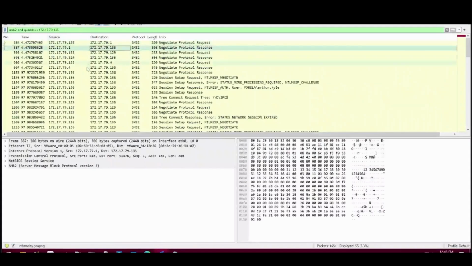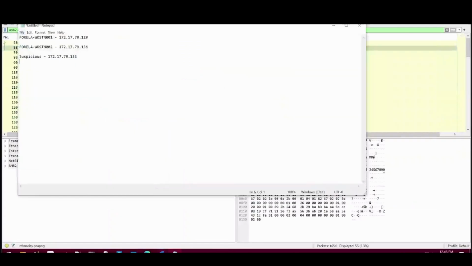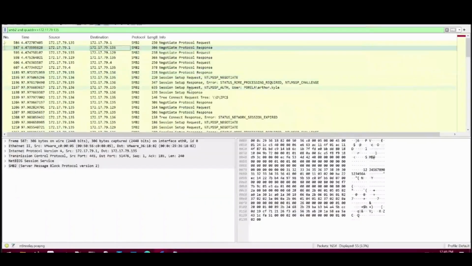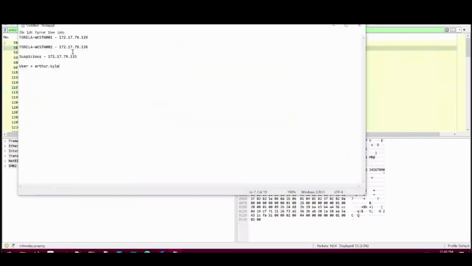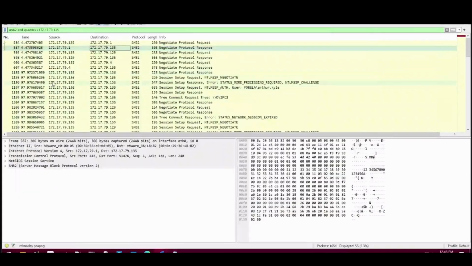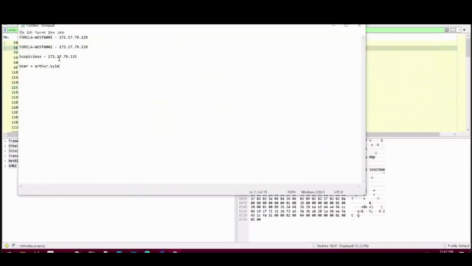And yeah, there we have it. Arthur.Kyle is our username account. And you can see that the conversation is from 136. 136 is our 002 machine, and it goes to the attacker. So the suspicious IP address we mentioned. So let us actually name it attacker, and it goes to 135,